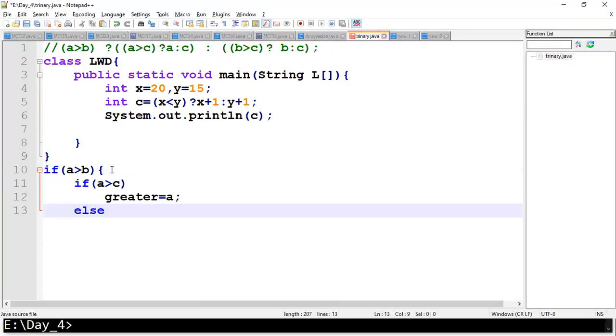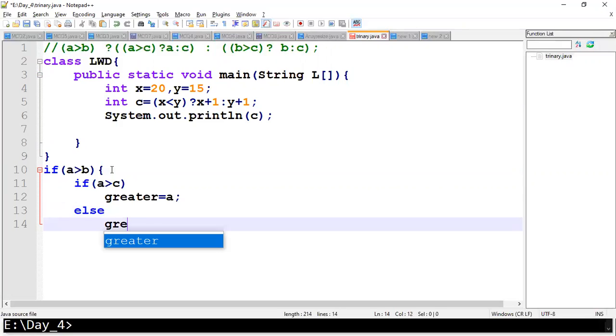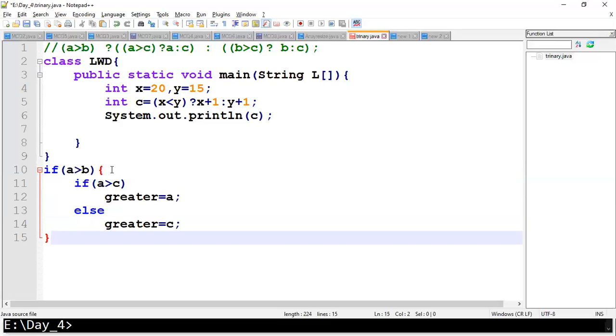here, greater is nothing but c. Okay, so in the else part, again you'll be checking else if b greater than c.